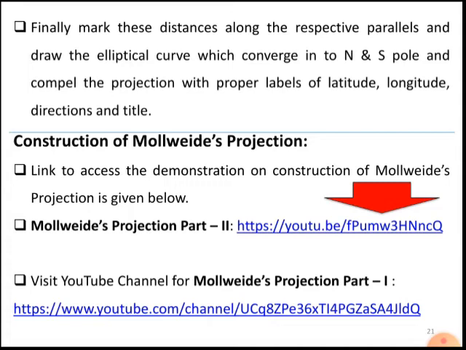As soon as you complete the drawing, the most important part is that you have to label the latitudinal figures with the degree symbol, systematically, then the longitudinal values with the degree symbol and the direction, like east, west, north, south, okay. And at the end, you must put a good, beautiful title with the scale which was given for the construction of this projection. So if you complete it, your projection will be ready.